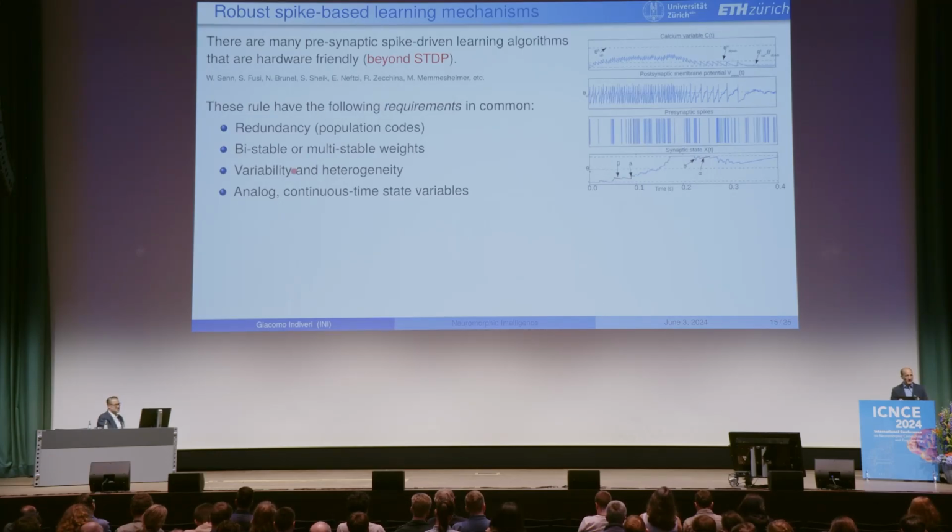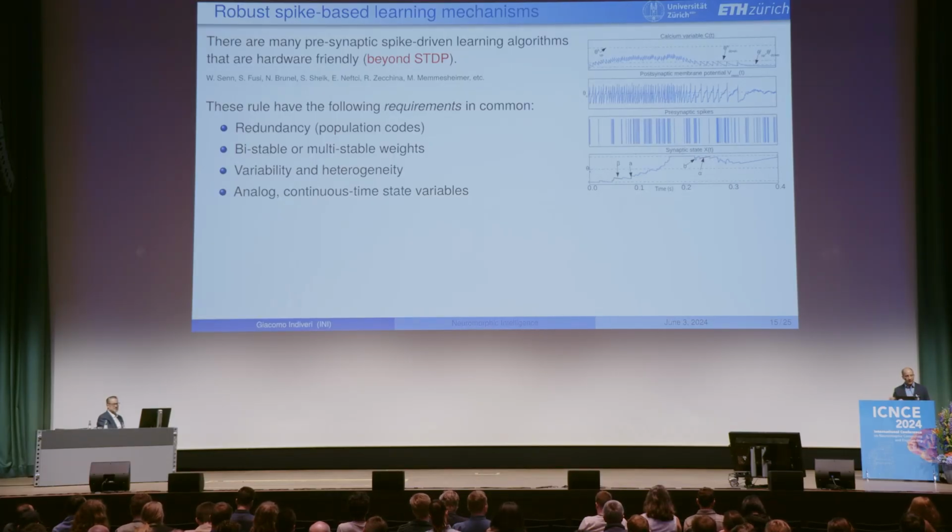It's not as expensive as in digital, where you would need to have random number generators per synapse, which are very, very expensive in terms of area. The other thing is that these state variables, even though they can be bistable, the internal variables should be analog and should be updated with continuous time. You should not discretize time like with clocks. You need to somehow let time represent itself.